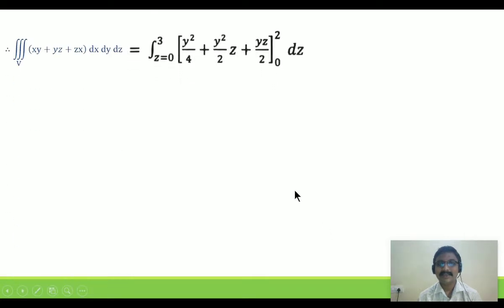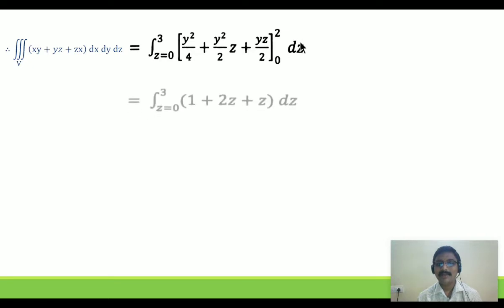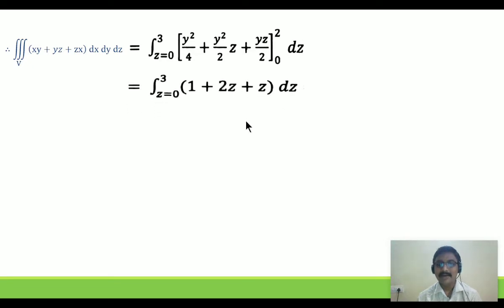That is, z is kept constant, y integration is y square by 2. Similarly, other terms are also integrated, but z is kept as silent. Now substituting upper limit as 2 and lower limit as 0. Now clearly the triple integration now becomes a single integration. We have